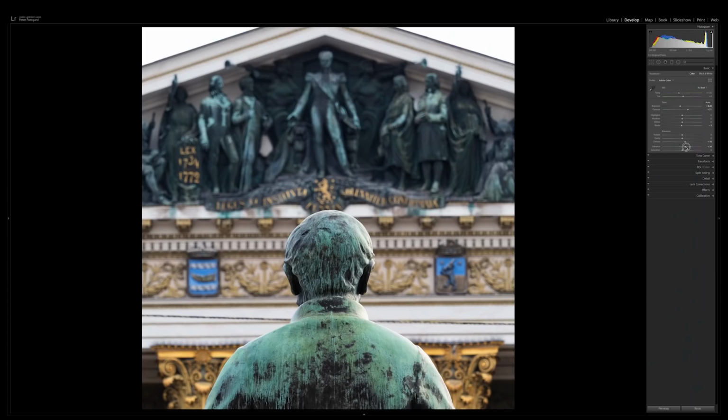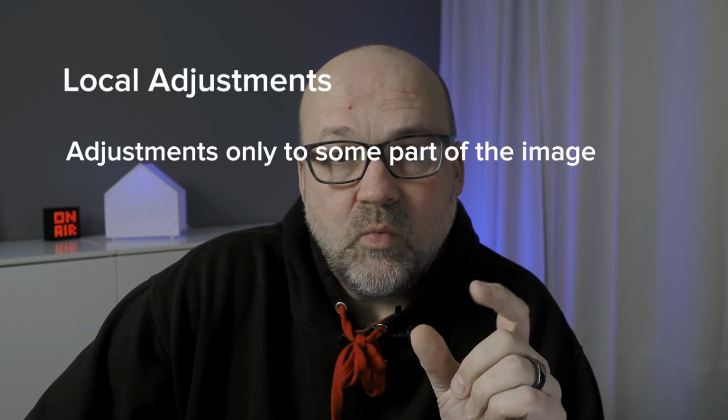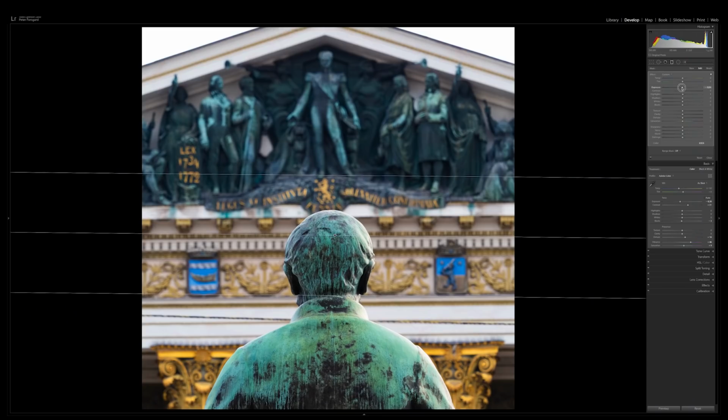There's one thing that I sometimes do, which is saturation and vibrance, but it depends on the image if I want to do it or not. But then let's talk about the local adjustments. Local adjustments are adjustments that are done only to a smaller part of the image. The reason that we do this is that if we increase the exposure or make the image brighter or darker, it will change the subject and the background equally. But if we want to make the subject pop out, it needs to be a bit lighter than the background. So by using local adjustments, we can affect only the background, or we can affect only the subject. It depends on which way we want to do it.